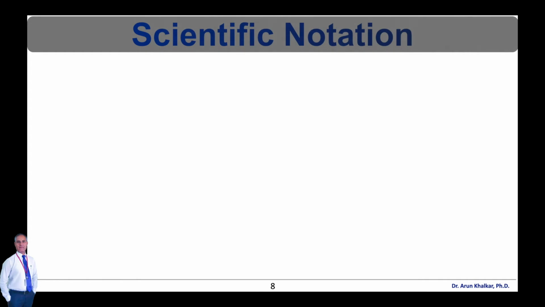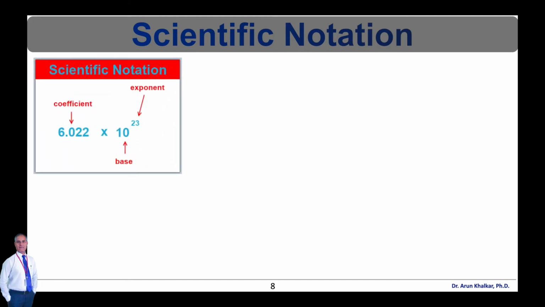Now let's see scientific notation. Scientific notation is a way of expressing real numbers that are too large or too small to be conveniently written in decimal form. It may be referred to as scientific form or standard index form, or standard form in the UK. This base 10 notation is commonly used by scientists, mathematicians, and engineers, in part because it can simplify certain arithmetic operations. On scientific calculators, it is usually known as SCI display mode.